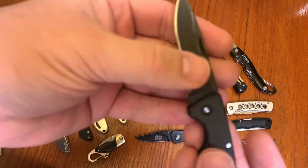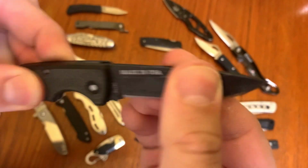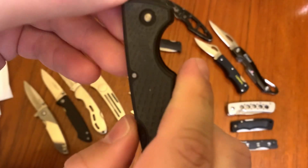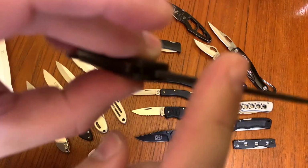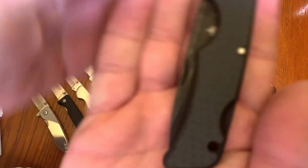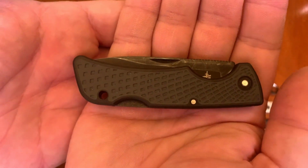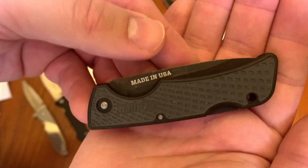This is the Gerber US1, made in the USA. Okay. Again, good lockup. This has sort of a rubbery textured grip to it, and a little bit of some extra details there. It's got jimping, give you good grip. That would be a perfectly fine Cub Scout knife or maybe a keychain knife. Maybe a little bit big for most people's keychains, but